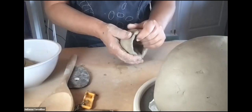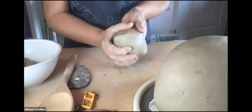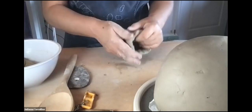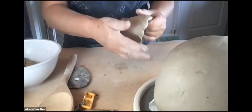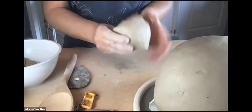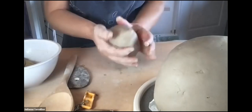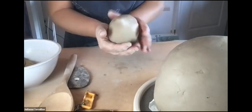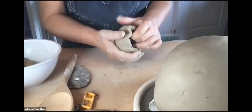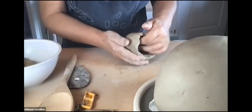Putting this pot together might take you about 2 hours, depending on how wet your clay is, because sometimes you have to let it stiffen up before you can add stuff to it. And I'm not letting this stiffen up right now because I don't have the time. So after I attach the head, I'm going to have to work on the bottom. A lot of hand building with clay is you put something together and then you have to put it aside and let it set up, and then you come back to it. So it's hard to finish everything in one setting. It is possible, but